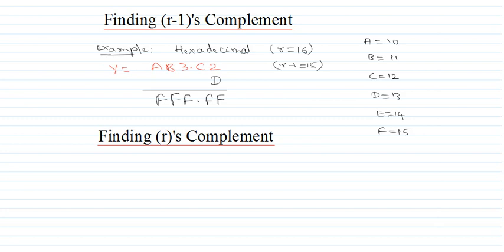Similarly, C is there. The value of C is 12. If I add 3 to that, it will become 15. That is F. So it will be 3. I have a 3 here. So if I add 12 to that, then it will become 15. So what is 12? 12 is nothing but C here. Similarly, B is 11. So for that, if I add 4, I will get a 15. And A is 10. If I add 5 to that, it will become 15. So now the number that I got here is the 15's complement